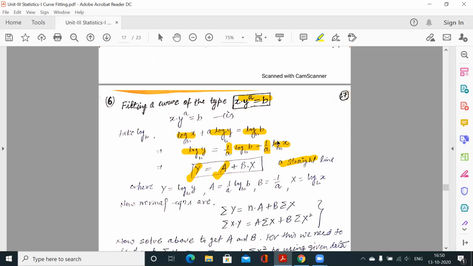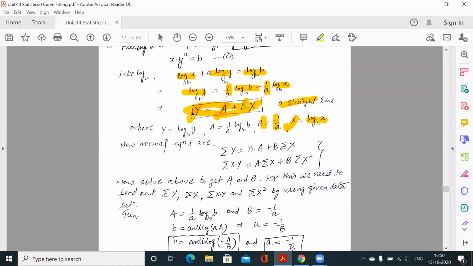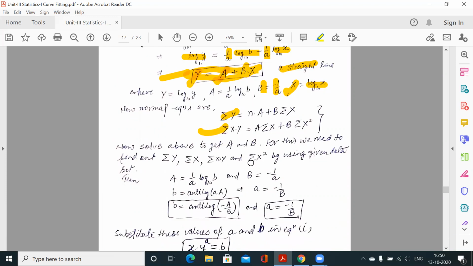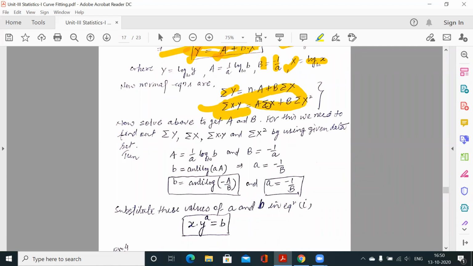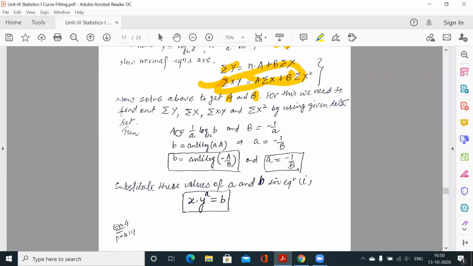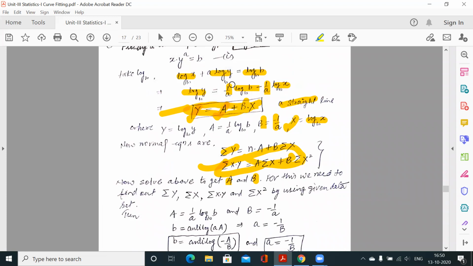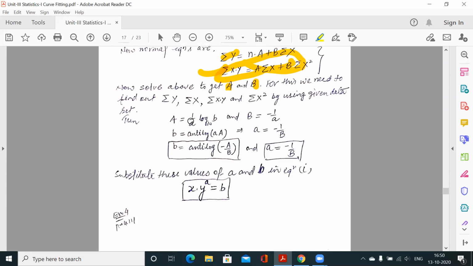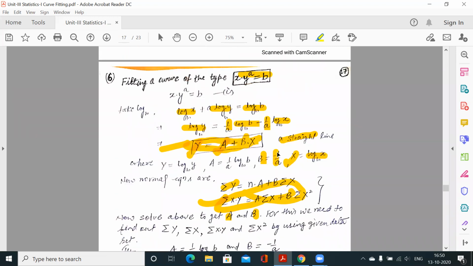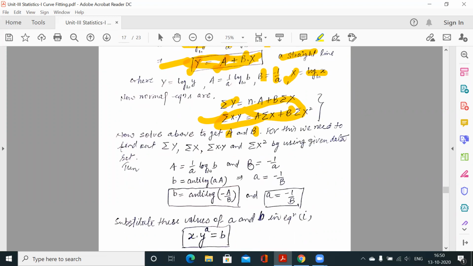तो ये क्या होगा, एक another constant capital A के इक्वल हो गया, और minus ये x वेरिएबल हमें चाहिए, तो minus 1 over a को हम कैपिटल B लिख देते हैं, और log x को हम कैपिटल X लिख देते हैं, so B into capital X। So this is our straight line, जहाँ पर Y डिपेंडेंट है, कैपिटल X इंडिपेंडेंट है। सो ये स्ट्रेट लाइन है। स्ट्रेट लाइन के केस में we know that what are the normal equations। सो पहले एक summation operate कर देंगे इस पर, next summation x operate कर देंगे। इसके लिए अब हम देख लेते हैं क्या क्या summation चाहिए। तो ये सारे summations कैलकुलेट करके जब यहाँ सब्स्टिट्यूट कर देंगे तो हमें कैपिटल A कैपिटल B की वैल्यू मिल जाएंगी। और कैपिटल A क्या है, capital A is this 1 over a log b। सो इससे, और कैपिटल B क्या है, capital B is minus 1 over a। ठीक है। सो कैपिटल B हमें यहाँ से मिल रहा है, कैपिटल